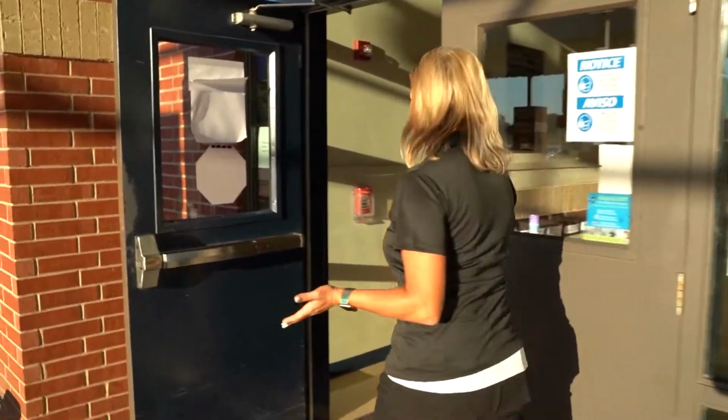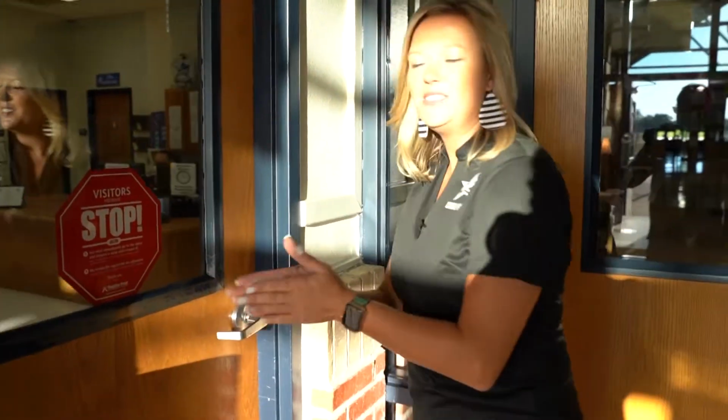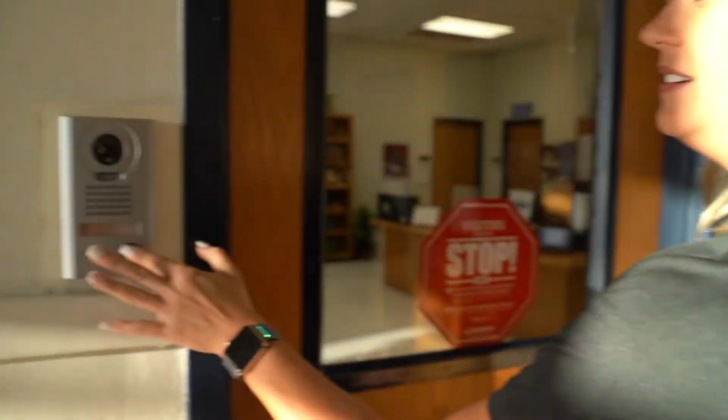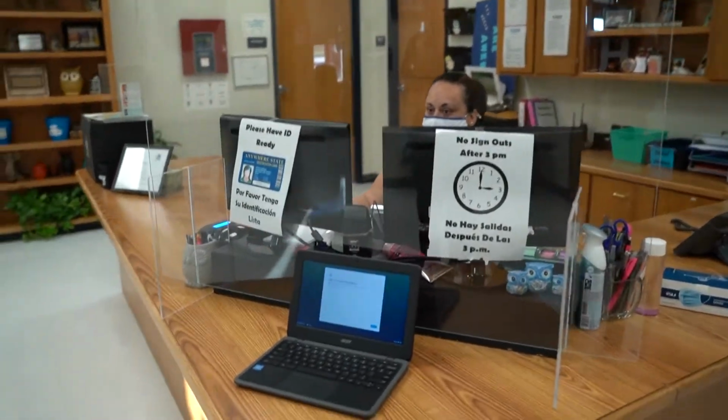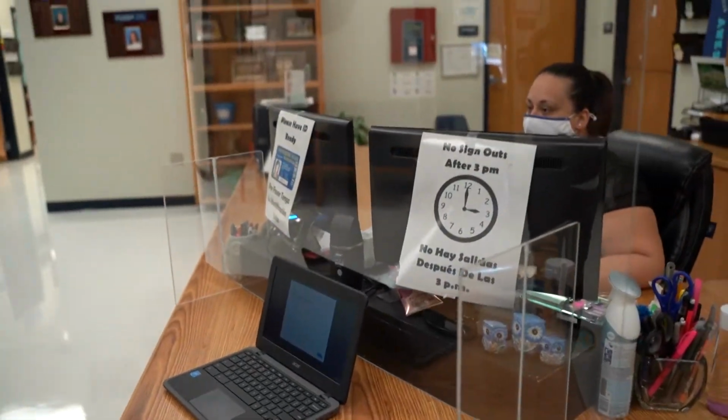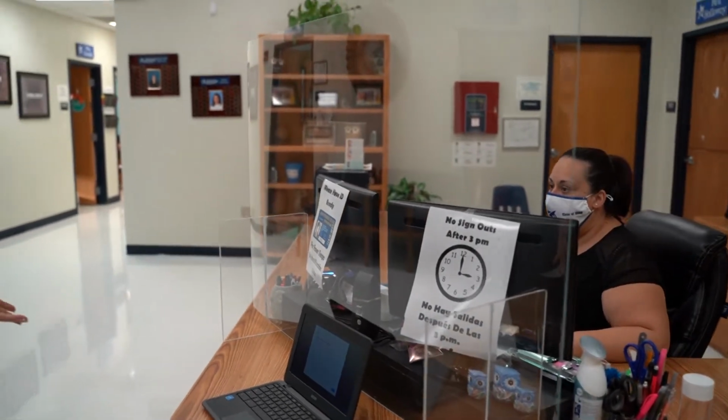We come into the building, and you may notice that we have our social distancing markers on the floor. You'll come in, you'll get some hand sanitizer that we've provided for you. Press this button, and our receptionist will let you in. Then we come in here and we notice we also have our markers here on the floor as well. You'll sign out your student on this Chromebook, which will be disinfected after each use. Our receptionist has a plexiglass here for your safety and for hers. And we also have provided masks just in case you forgot,